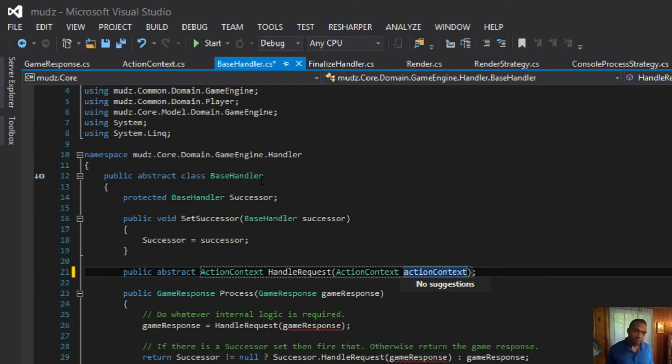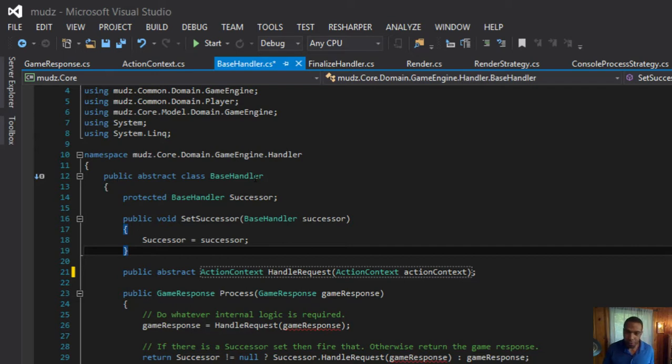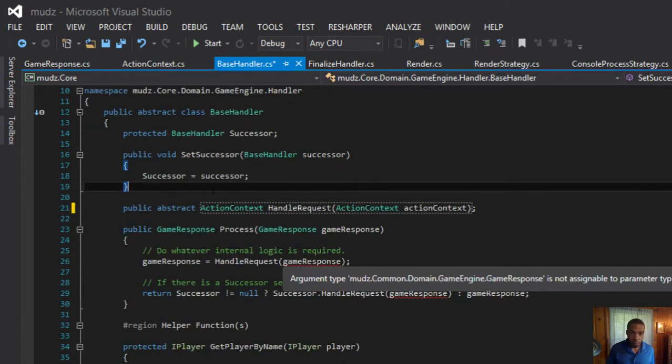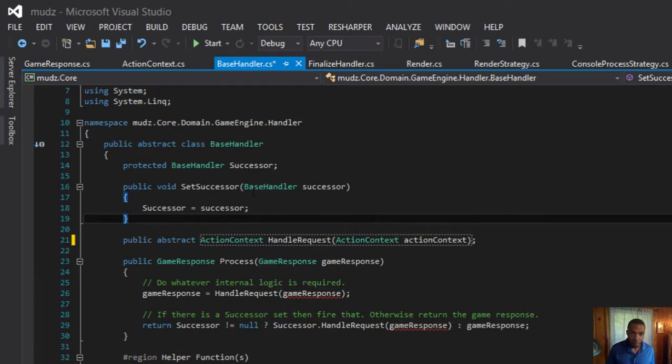So we take and we give and we take and we give this action context all the livelong day. And same thing here.